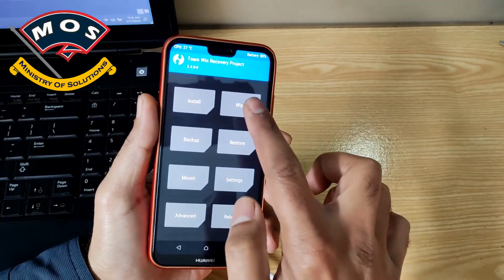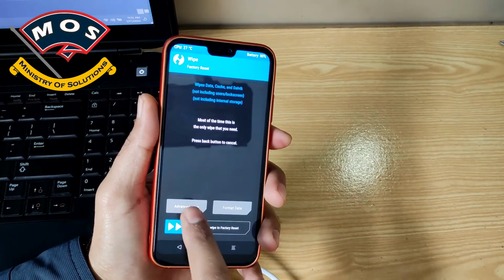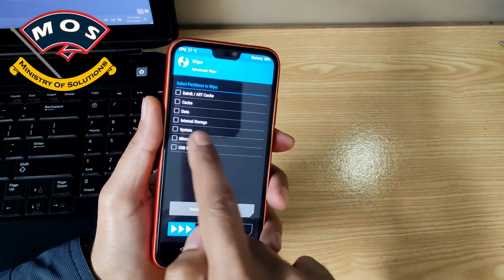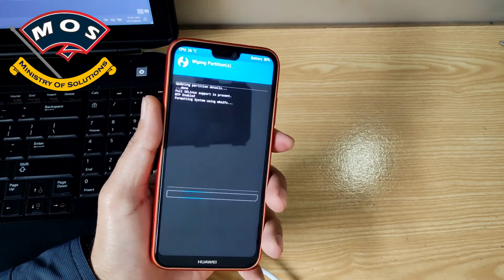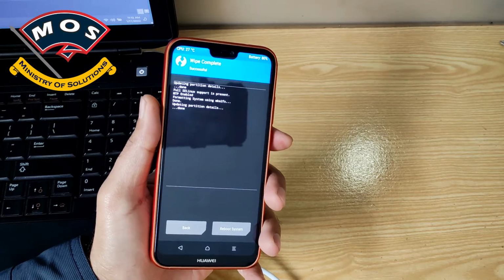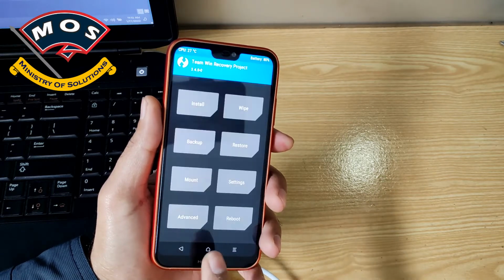Swipe to allow modifications, then tap on wipe, and then tap on advanced wipe, and then select system partition only, and swipe to wipe. Go back